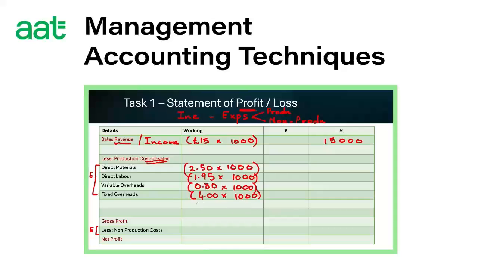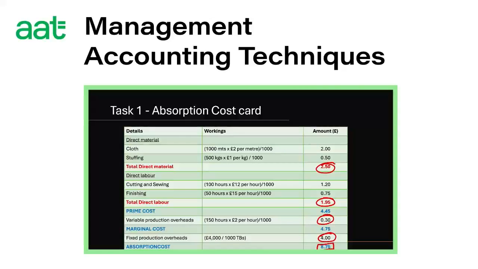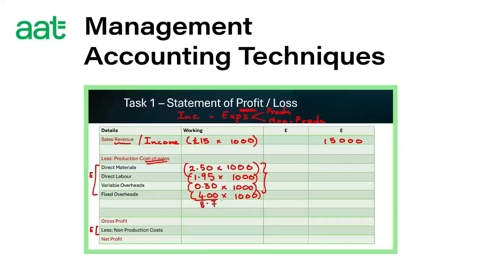Now, what you'll find is effectively, instead of just doing it each individually, unless they've asked me for that information, I could have just taken the total cost that I've already worked out in my cost card, that 875, and times it by 1,000. And that would give you the exact same figure that you would get from adding all of those figures up. So I could go 2,500, 1,950, 300, 4,000, and add that up to give me the same figure,